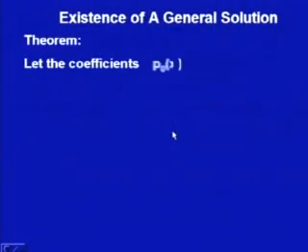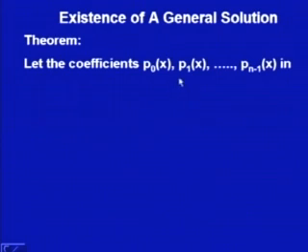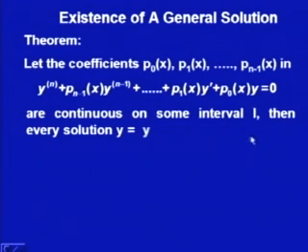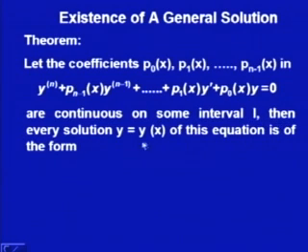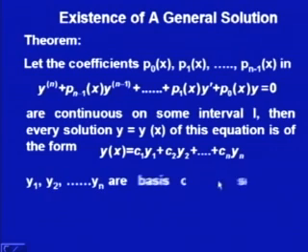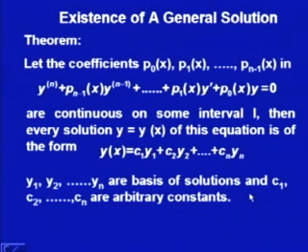Existence of general solution. The result says, if the coefficients p naught x, p 1 x and p n minus 1 x in this homogeneous linear differential equation, y n plus p n minus 1 x y n minus 1 and so on, are continuous on some interval I, then every solution y x of this equation will be of the form C 1 y 1 plus C 2 y 2 plus C n y n, where y 1, y 2, y n are the basis of the solutions